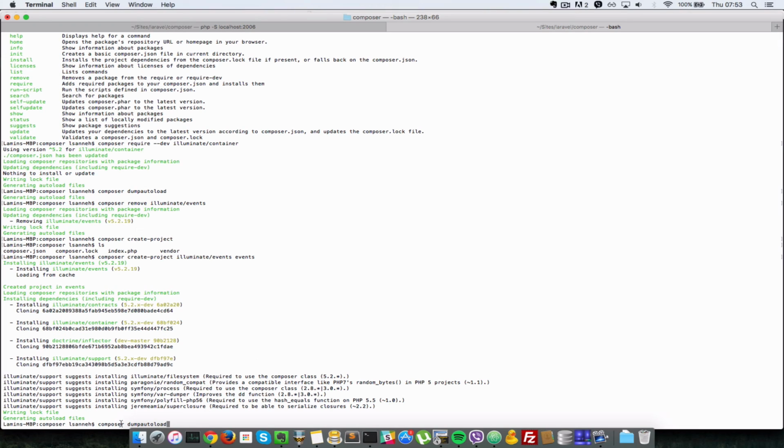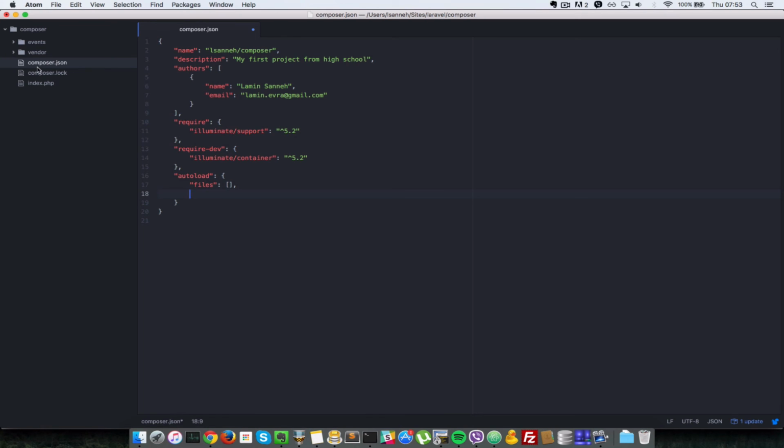Okay, so basically anytime you run this command here, what it does is it first goes ahead and loads any packages which you have listed in require here. So it looks in your vendor folder and goes ahead and requires all these files as needed for your project. Then it comes to your autoload key here and checks all the configurations you have there. So any files that you ask it to include here, it's going to include in your autoload file in the vendor folder here. So this autoload here. And you can also have other keys in autoload here called classmap, and you can have a whole bunch of other stuff like PSR-4,